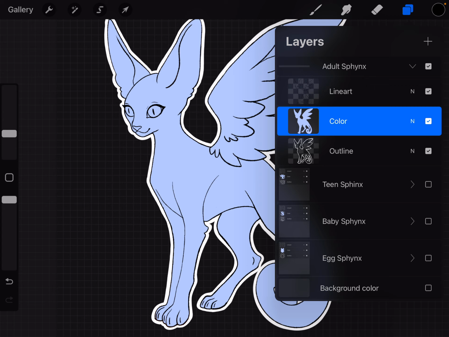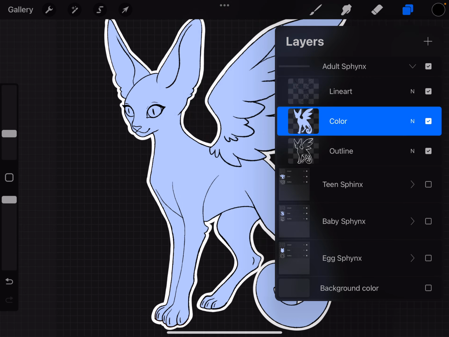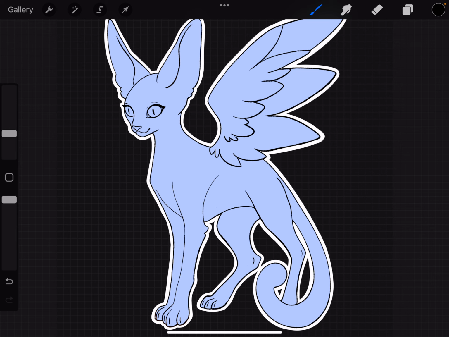Now I could color outside of the lines. So if you ever find that, oh no, I'm coloring outside of the lines and I don't know why, just tap on the layer and push alpha lock, and that will prevent you from coloring outside of the lines. All right, next. So I'm going to tap off that. Next, I want to talk about